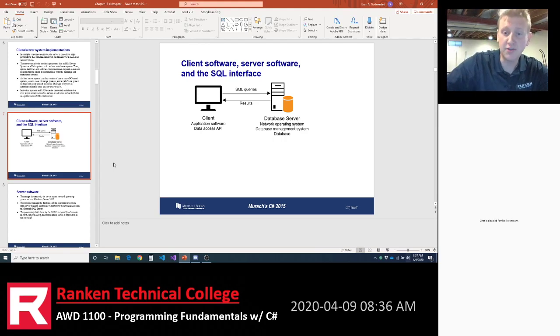Okay. On the server side, the key thing on slide 7 is a database management system, called a DBMS. There are many database management systems. Let me just do a Google search, DBMS wiki.